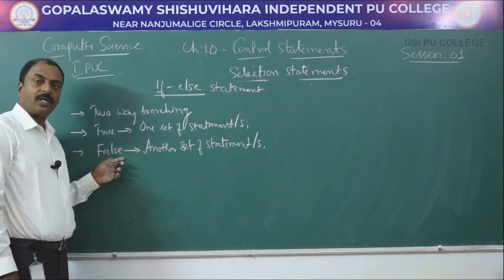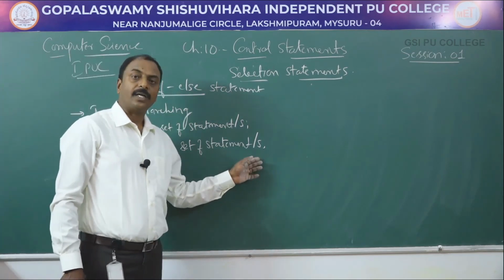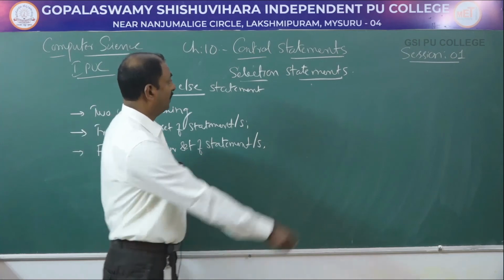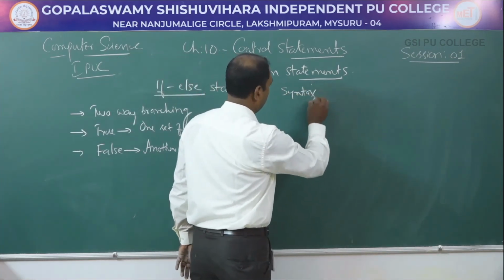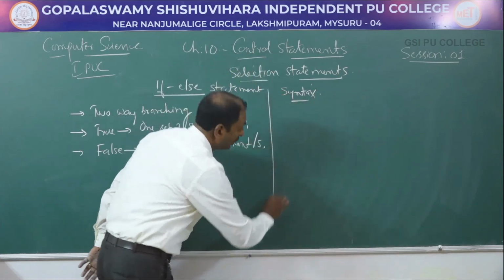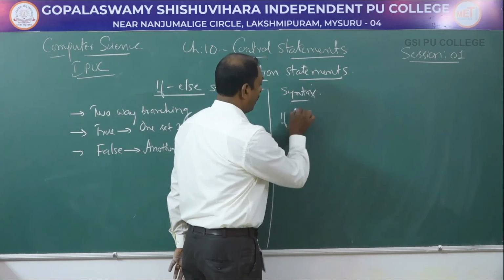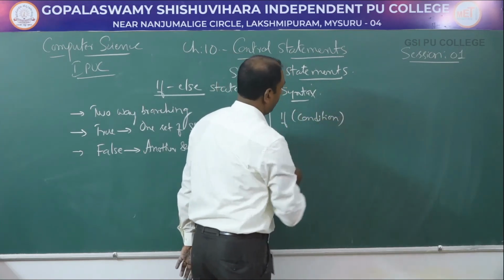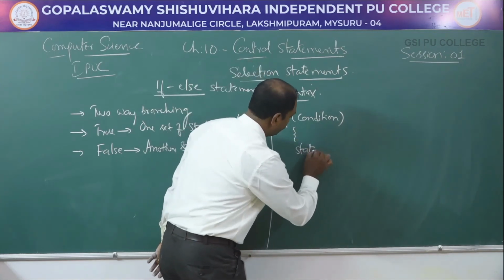If the condition fails or is false, it executes another block of statements. Now let us see the syntax of this if else construct, here if condition, here we can have